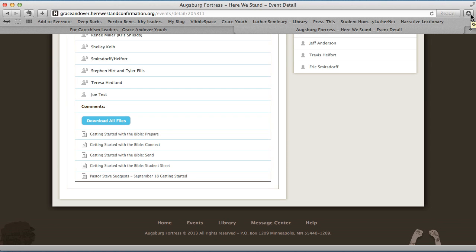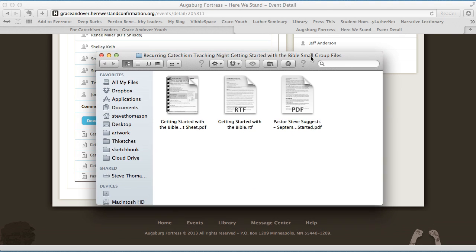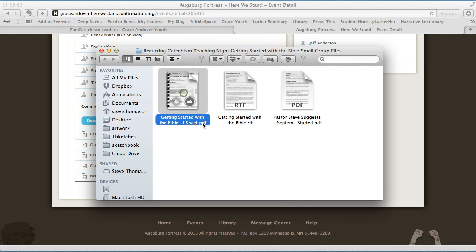It's downloaded now, so this is where it gets a little tricky. You have to know how your browser works and where it puts downloaded files. Now up here I'm on Safari on a Mac, so I'm going to click Show Downloads, and this is the folder that it downloaded, and it's going to open that up,